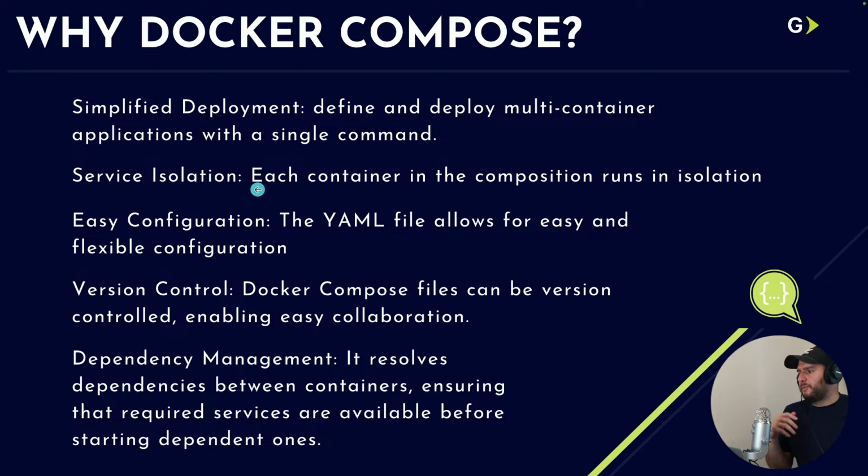Also, it provides service isolation, because each container runs as a separate machine, let's say. For example, I may have multiple Spring Boot applications. Usually, Spring Boot applications are configured to run on port 8080, right? If you want to run 2 or 3 Spring Boot applications on the same laptop or server, you would need to assign different ports, so you'd have to change the configuration, right? But if we use Docker,